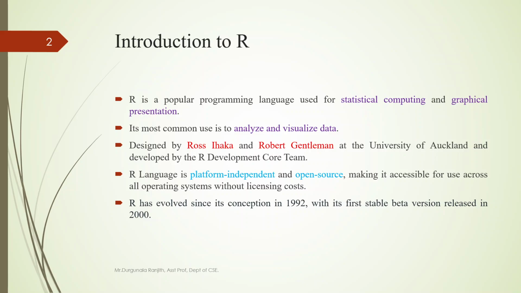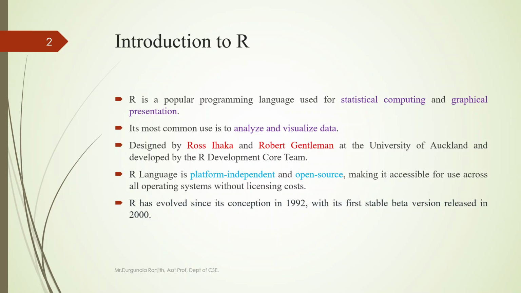The first thing, it is a popular programming language for statistical computing and graphical presentation. So we have many programming languages like Python and Java. We have many high-level programming languages, but R is most popular for statistical computing operations and also for graphical presentations. We can represent the data in the form of graphs, different types of graphs. And its most common use is to analyze and visualize the data. So to analyze the data and to visualize the data in different graphs, we have to use